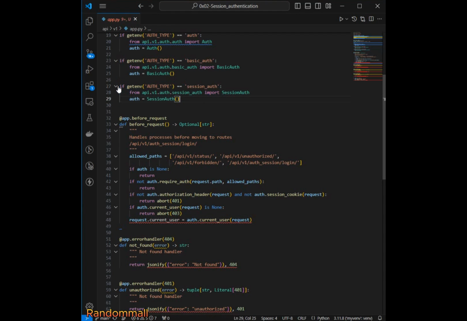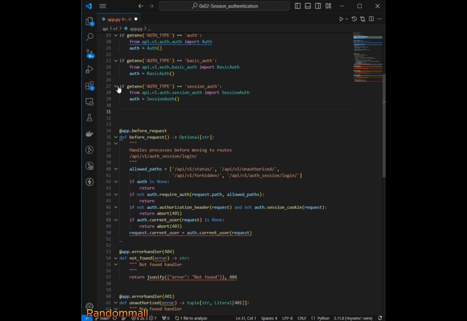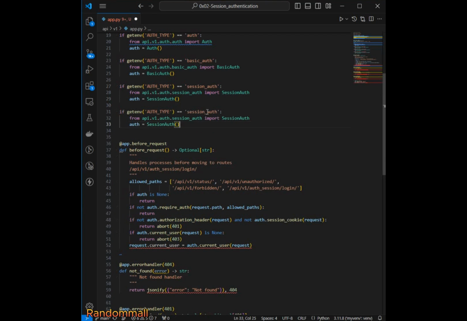So I'm going to copy this and paste it here, and I say if this is equal to expiration auth, then I'll copy it from exp, and I import section expiration auth, and I'll set this to